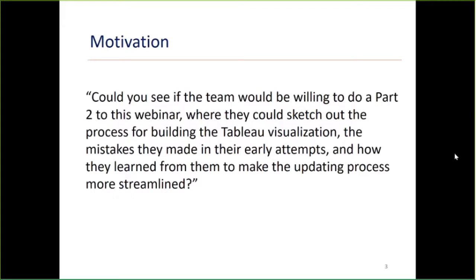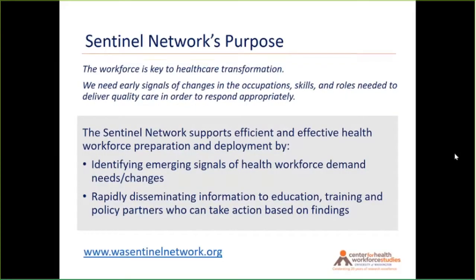So that said, what is the Sentinel Network and what kind of information are we trying to convey with these dashboards? Especially in this environment of rapid healthcare transformation, there's a need to understand how the healthcare workforce is being deployed and where improvements can be made. But keeping up with the pace of change can be challenging, and also answering new questions that come up as they arise can be difficult, especially when considering some of the traditional data sources that are often used